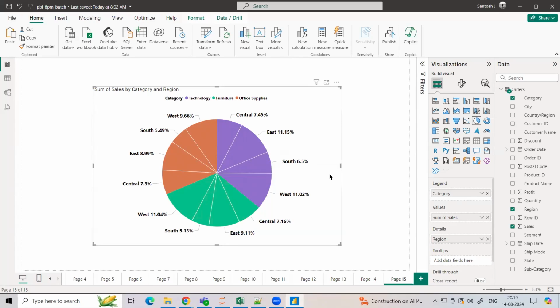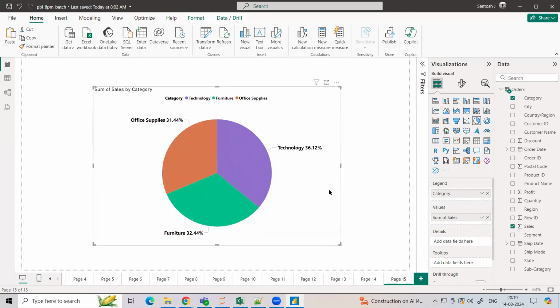Are you sure? This is very important. If you want, I will repeat it. Imagine this is correct: technology, office supply, furniture, it's adding up to 100%. Perfect. Now, if I add a region, in this technology there should have been 4 parts. Each one should have given, with respect to 100% in the technology, how much it should have contributed. Now I will go and add